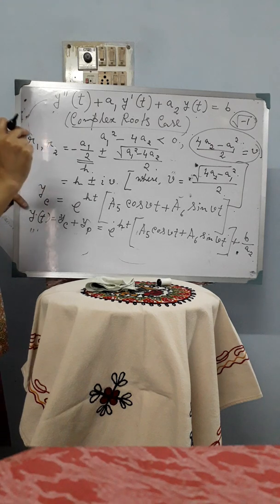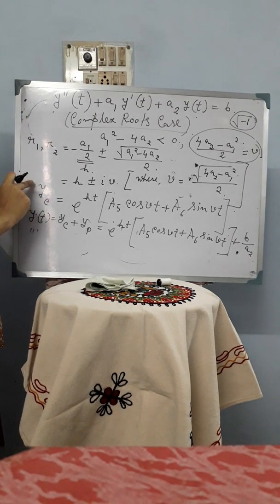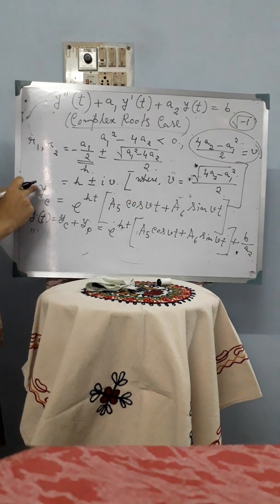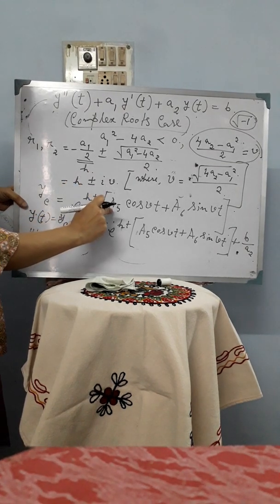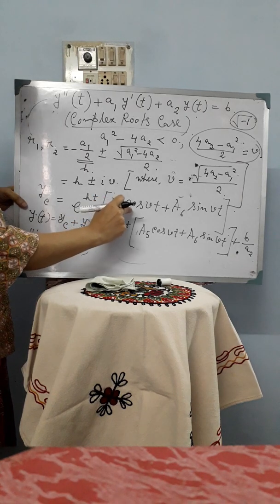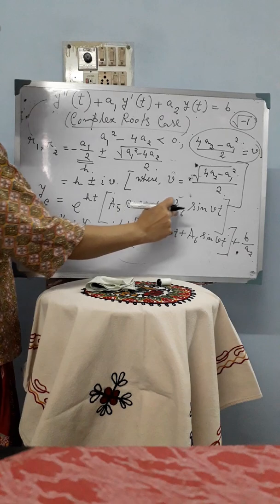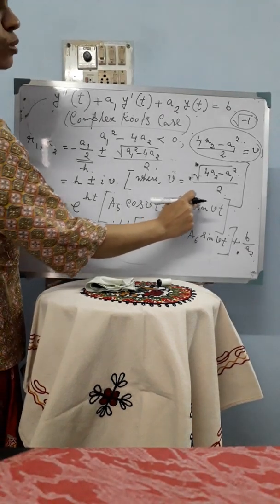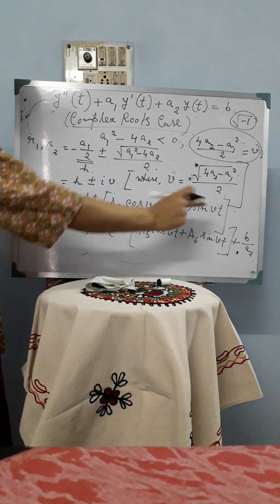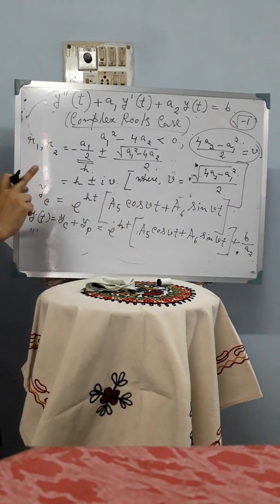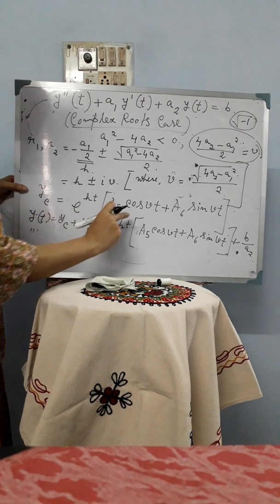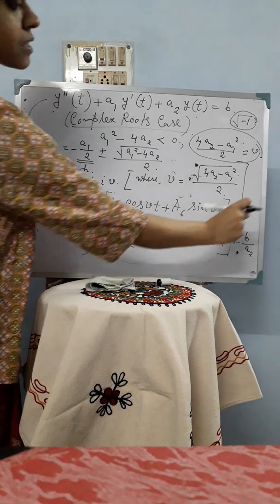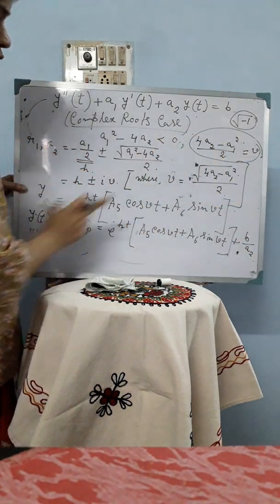So if the roots are complex, then for getting the values of yc and yp, we have to consider this. For getting the value of yc, we have to take the exponential of ht, so e^(ht) within the bracket a5, an arbitrary constant, times cos vt plus a6, another arbitrary constant, times sin vt. So this is yc, and yp we will get as usual. So then the complete solution is y(t) = yc + yp, so e^(ht) times this term plus yp, b/a2. So this is the complete solution.